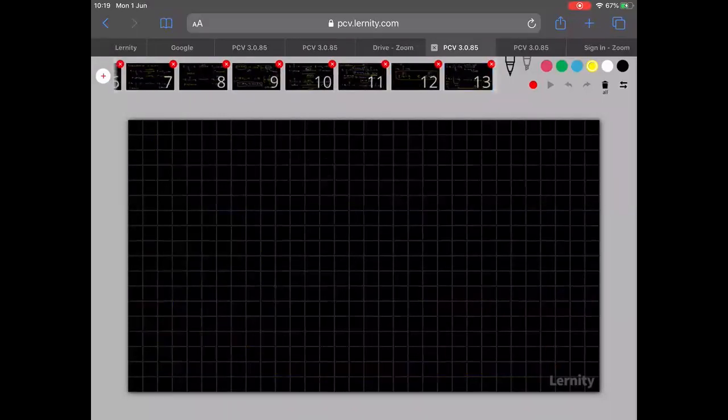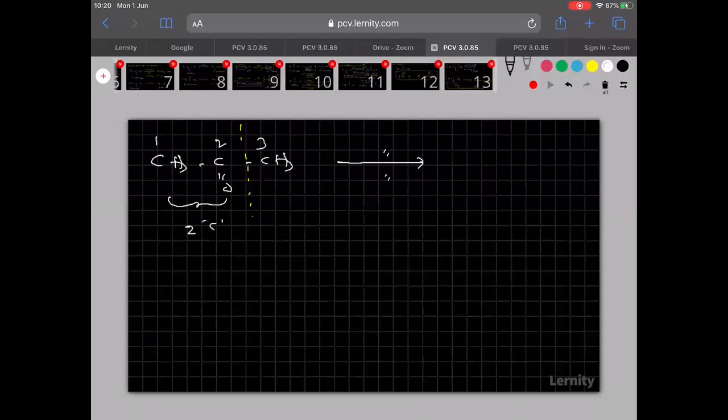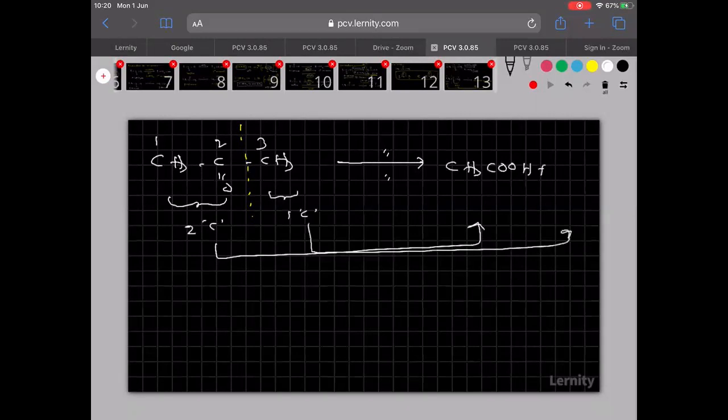Now if I break the other part, see clearly, CH3-CO-CH3, 1, 2, 3. Now I want to break the bond between 2 and 3. In the previous slide I had shown you 1 and 2. Now let us take 2 and 3 in the presence of KMnO4. Once you see here, how many carbons are there? 2 carbons are there. And here how many carbons? 1 carbon. So from this you will get the 2 carbon acid. What is the 2 carbon acid? Ethanoic acid. From this you will get the 1 carbon acid. What is the 1 carbon acid? Methanoic acid. Hope it is clear, everyone.